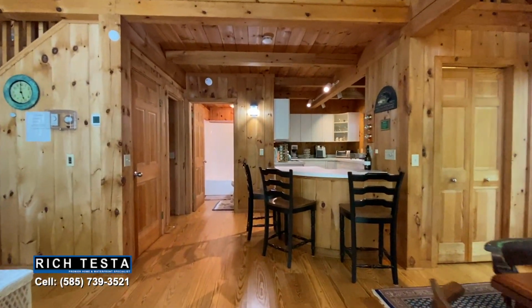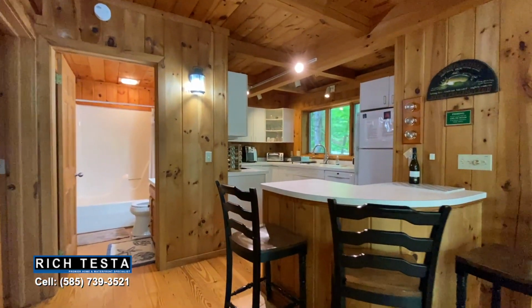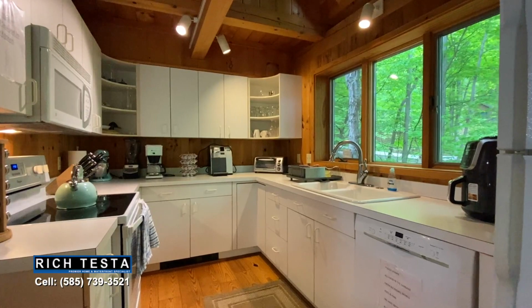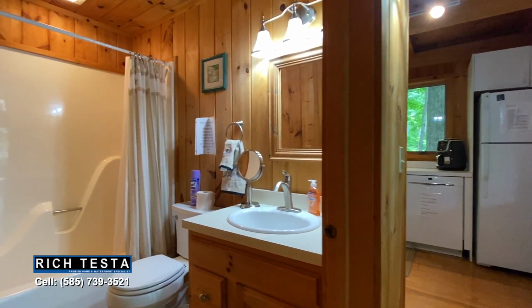Coming back to the kitchen here, we have a gorgeous white and bright kitchen, nice little breakfast bar, perfect spot for enjoying coffee. The kitchen is fully loaded, air fryer, toaster, blender, anything you could possibly need, it's here to have a great time. Now, walking over, we do have an adjacent full bathroom here, beautiful pine walls,